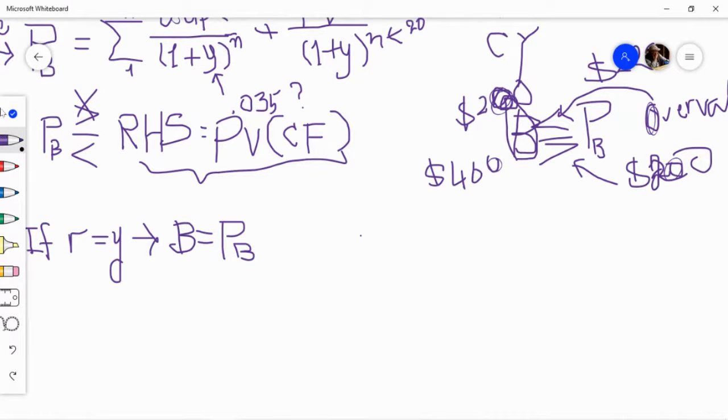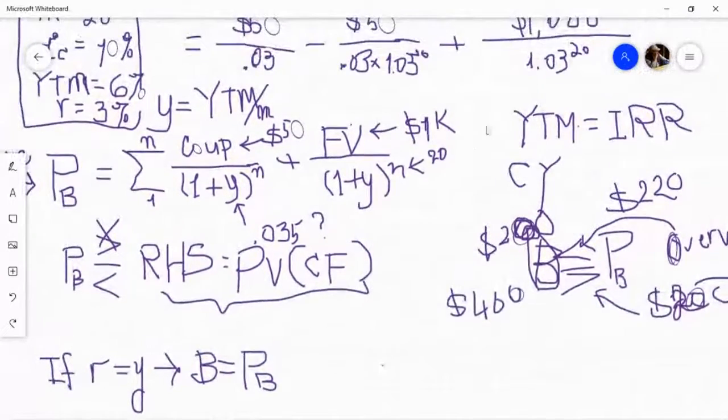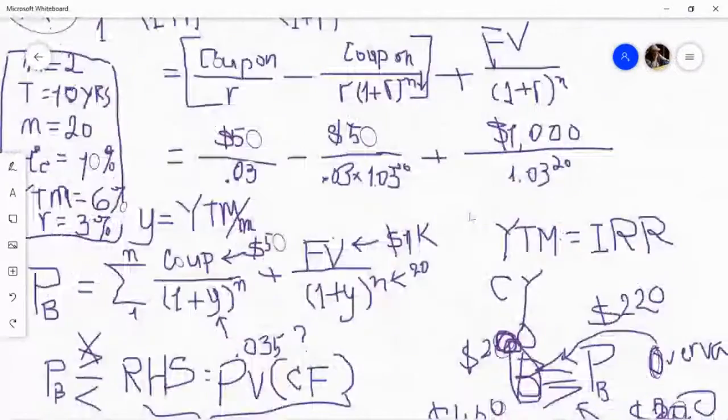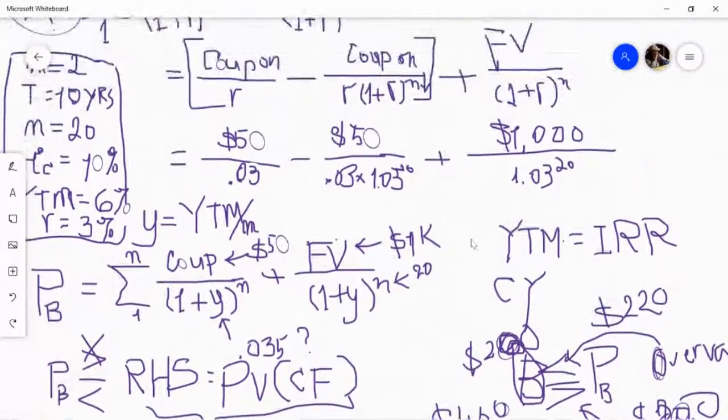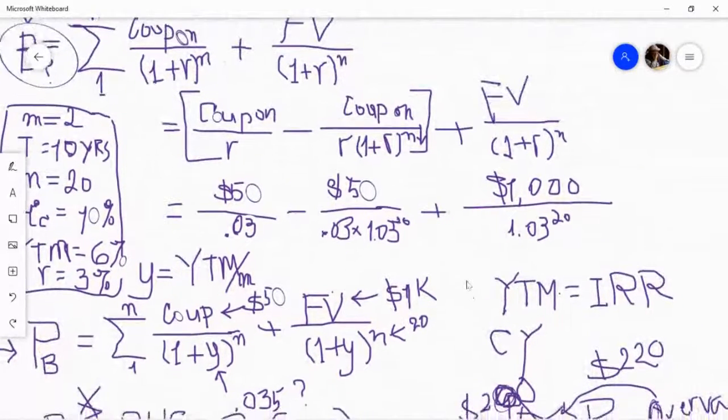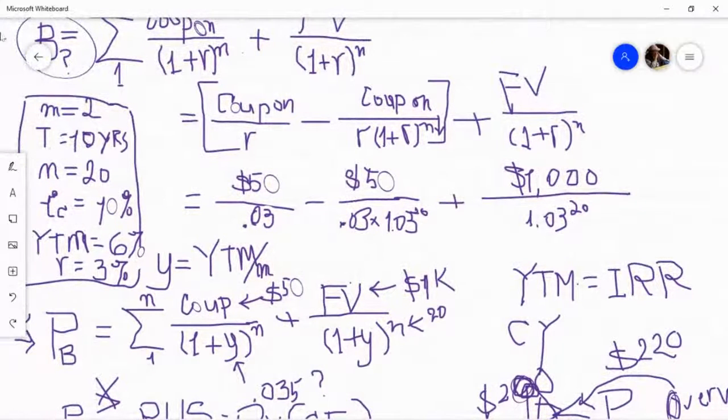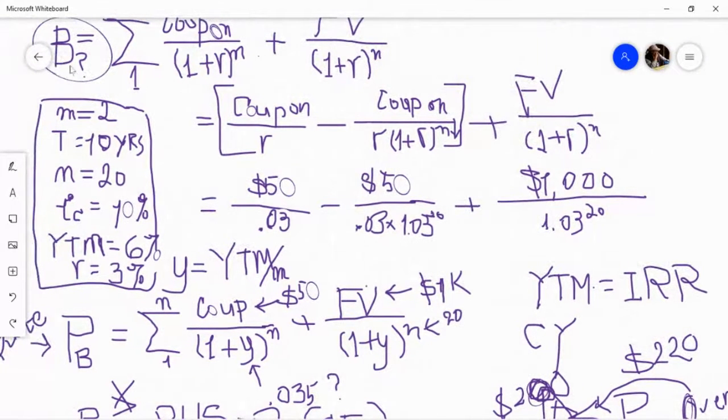Okay, so this is what I'm talking about. Yesterday we were basically looking at the difference between these two formulas. This one is to find B, the unknown, right? To find B, R needs to be given. In other words, the discount rate must be known.